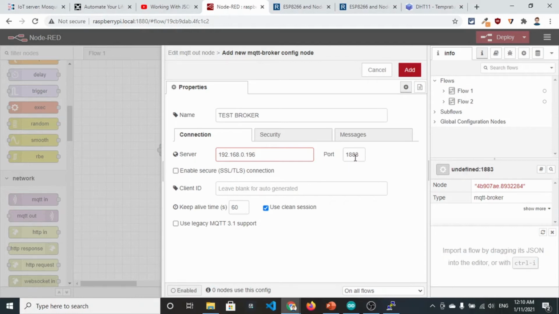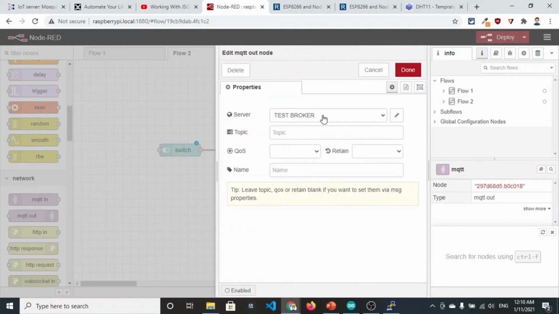over TCP. And we will discuss the whole architecture of MQTT later, that it can be used over SSL and other things, but currently we are using the basic one, the default port 1883. And for the client ID, if you leave it blank, it will be auto generated. Fine. So click on this add button. Test broker is added. Now the topic must be the one on which we want to send the data,